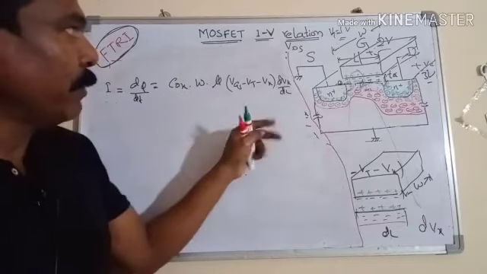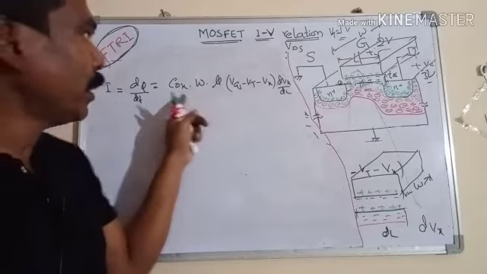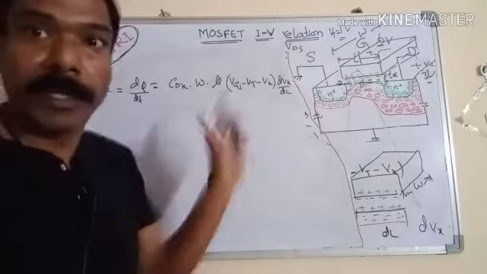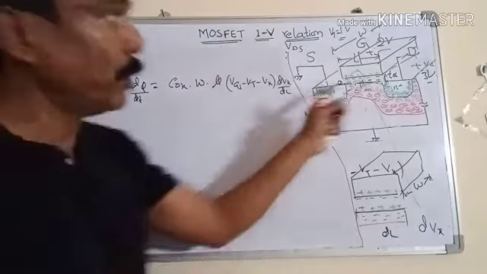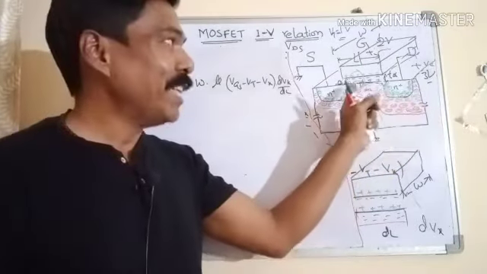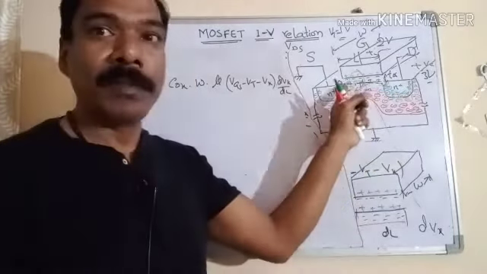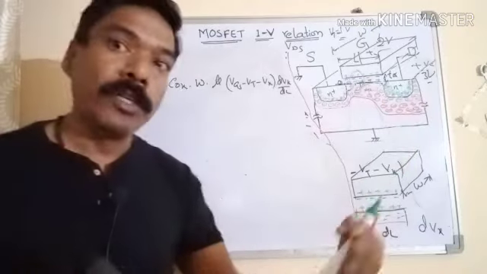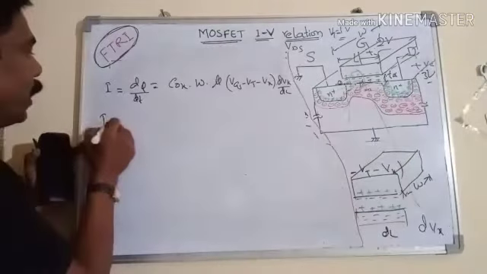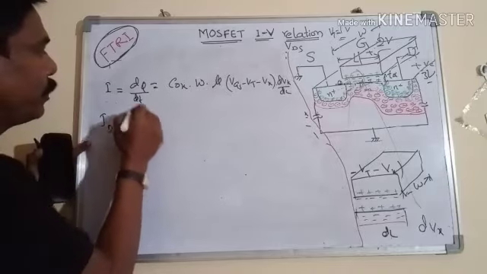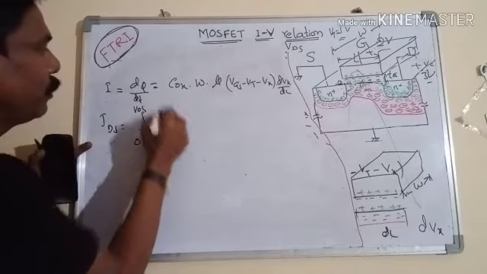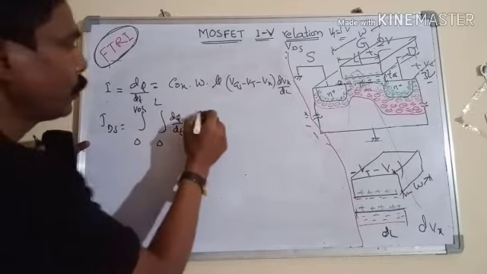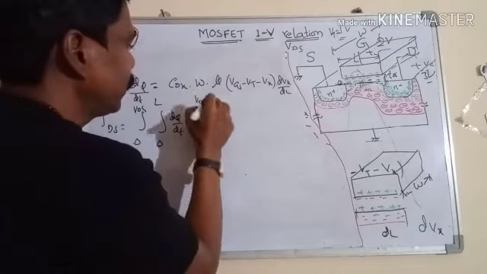after replacing dl by dt with this mu into dVx by dl, the equation is Cox into W into mu into Vgs minus Vt minus Vx into dVx by dl. Okay, so integrating this from source to drain, L is from 0 to L, and Vx is from 0 to VDS. Okay, now, even when you integrate, the current should remain the same. So I equal to IDS equals integrate from 0 to VDS and integrate from 0 to L dq by dt, that is equal to integrate from 0 to VDS,